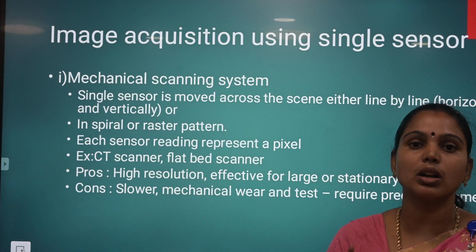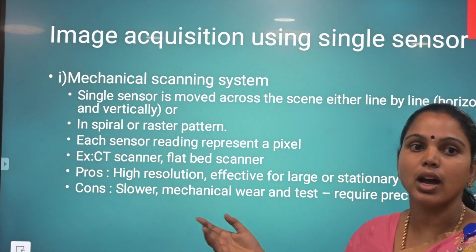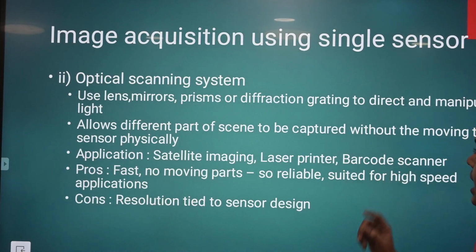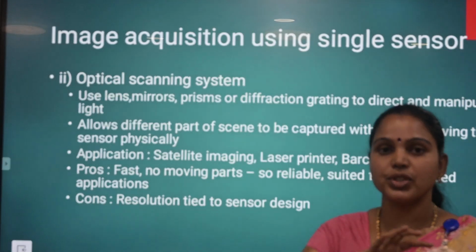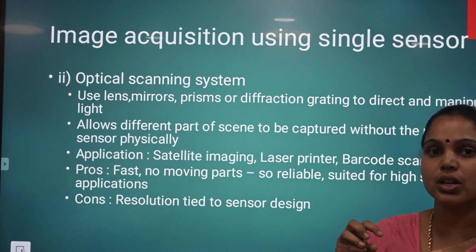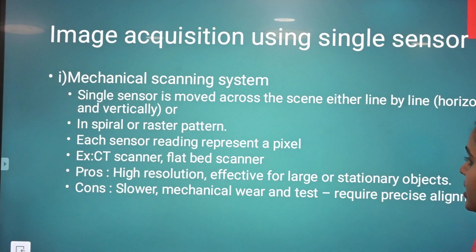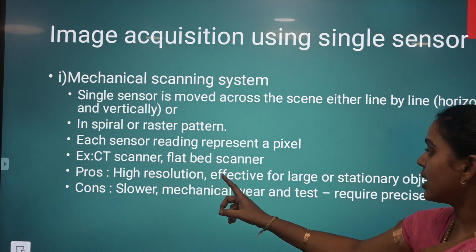As I previously told, mechanical scanning system is what I have described, and optical scanning system means instead of physical movement, the image is captured by using the lens and prisms. The advantage and disadvantage is in mechanical scanning system, the